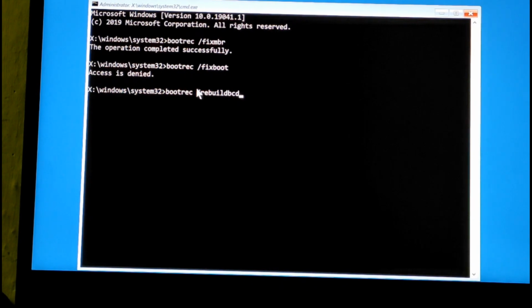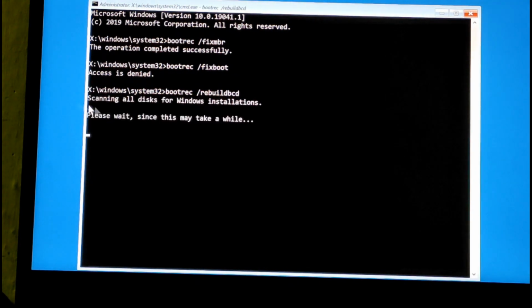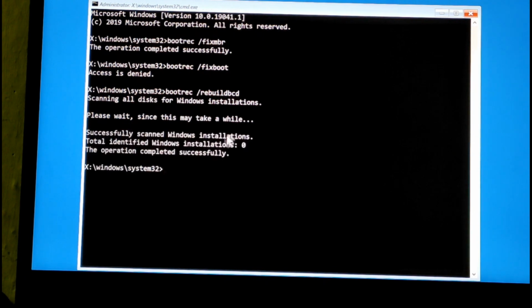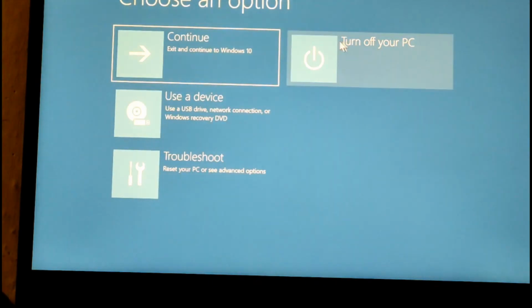Bootrec /rebuildbcd, I type enter. Scanning all disks for Windows installations. Please wait since this may take a while. The operation completed successfully. Total identified Windows installations: 0. So it has successfully scanned. I will type exit to exit the command prompt, and we have found our solution.